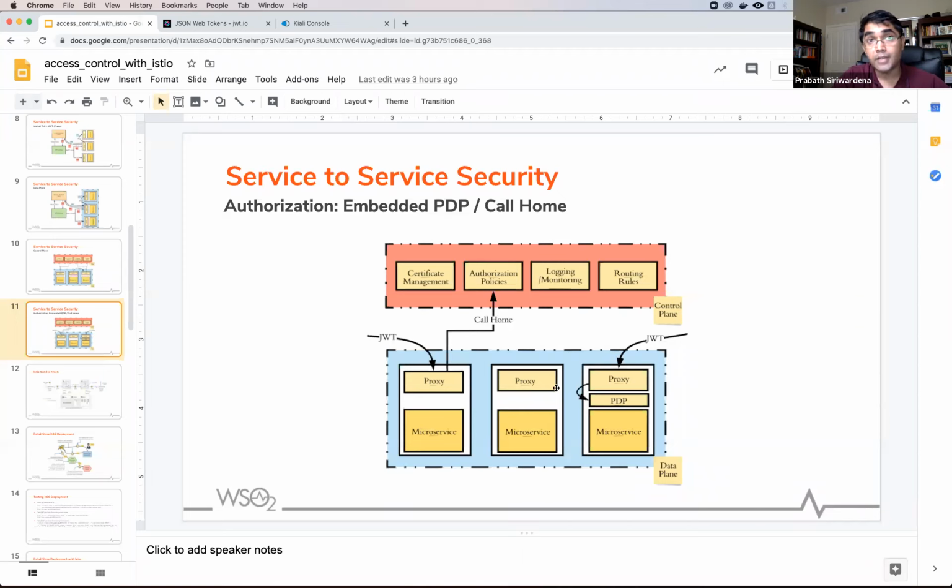So I need to pass the same JWT I got before from the gateway. Istio doesn't have a way to do it in a configuration. I cannot tell Istio to do that. So what I have done in my code is, from the microservice side, I can get access to the JWT I got from the gateway, or the JWT that has been validated by the proxy, right? Then by hand, from my code itself, I attach it to the other request going from the order processing microservice